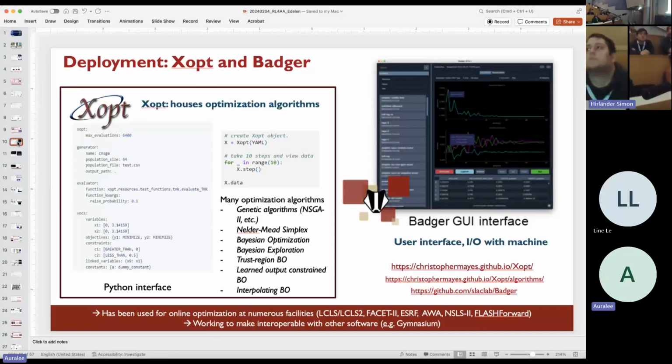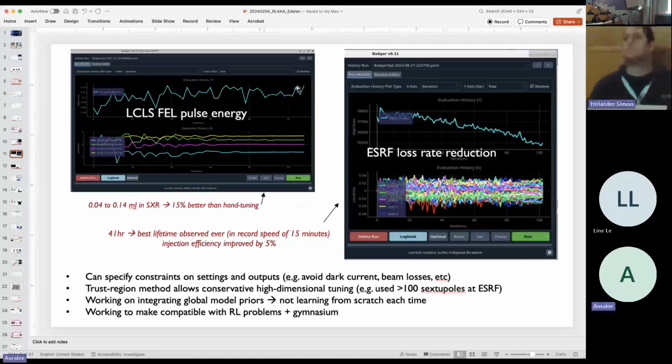Because of the time lost trying to share the screen, I'll go more briefly through these slides. But essentially, we've now put these algorithms into open source software tools that we use pretty broadly for online optimization. We have a lot of this housed in XOpt, which is a Python interface to these algorithms. And then we have a user interface that also handles I/O with the accelerator. And between the two of these, we've used online optimization, including Bayesian optimization, at a variety of different facilities. This is just more detail and examples on that, so I'll skip it since we lost some time at the